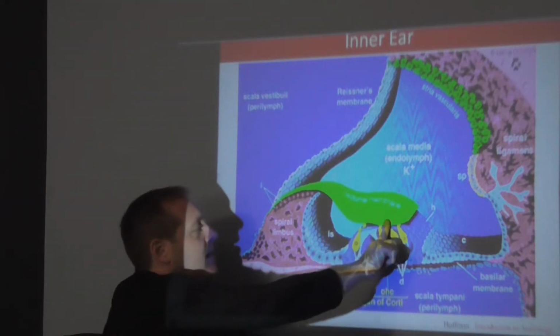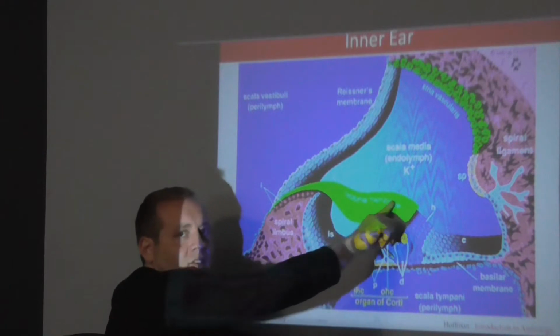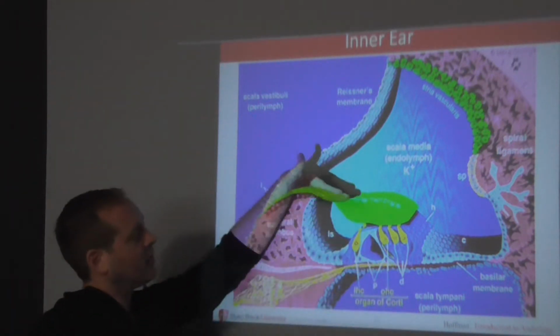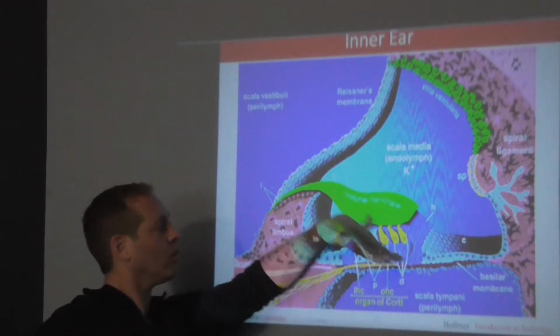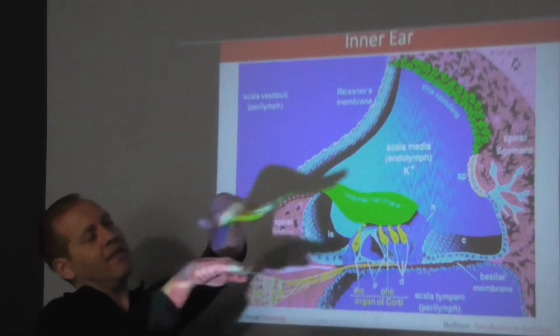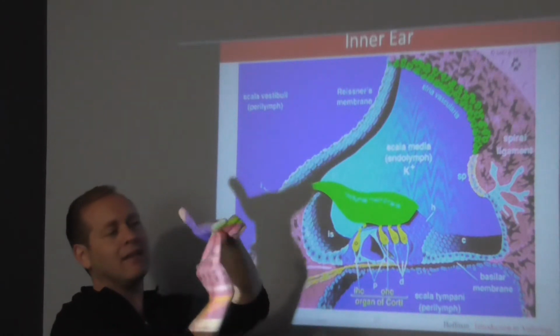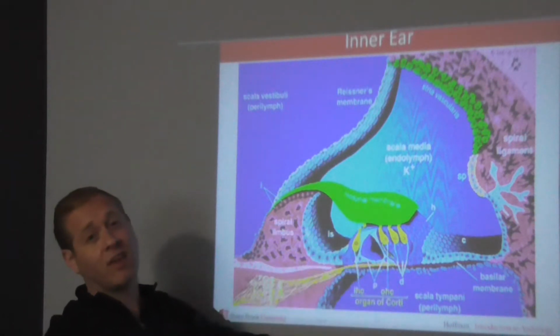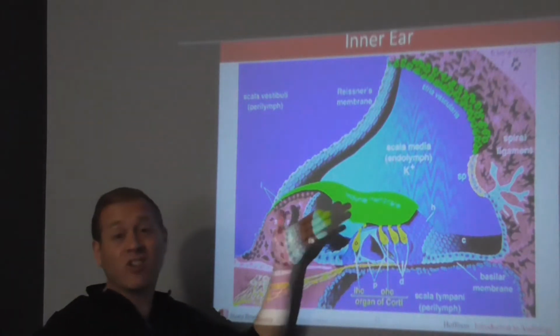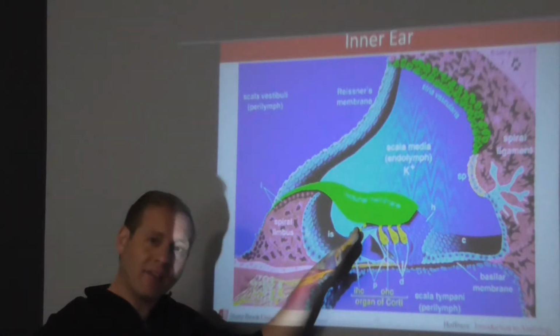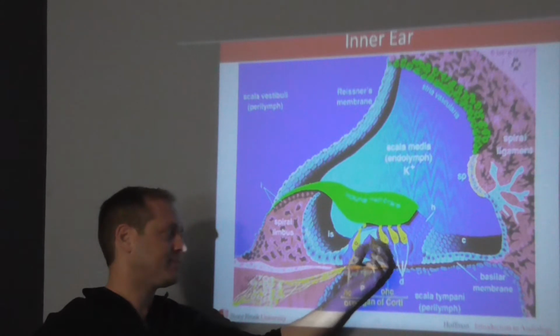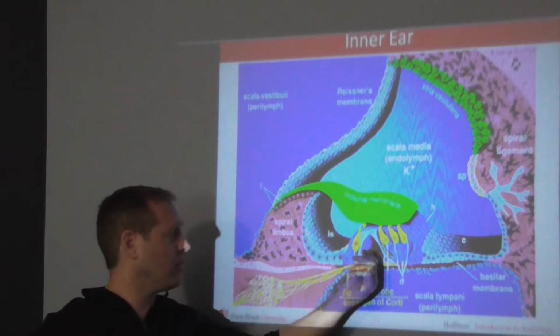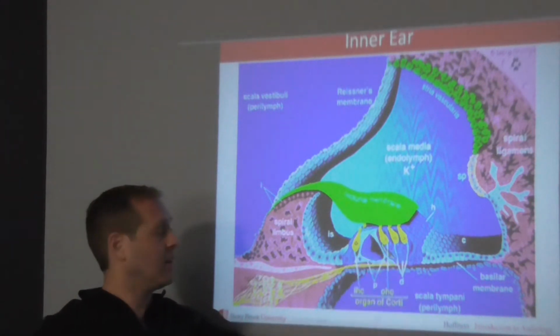The tops of the hair cells are touching the tectorial membrane. As the tectorial membrane moves and the organ of Corti moves, that movement is going to bend the tops of the hair cells. That bending or shearing of the tops of the hair cells actually creates an electrochemical reaction